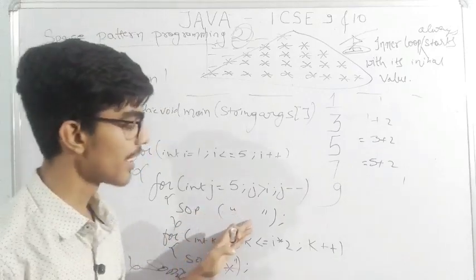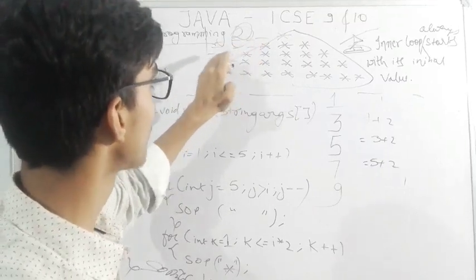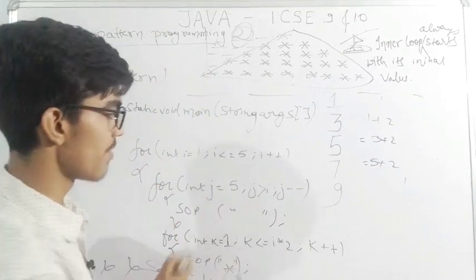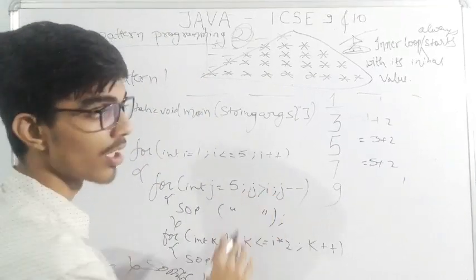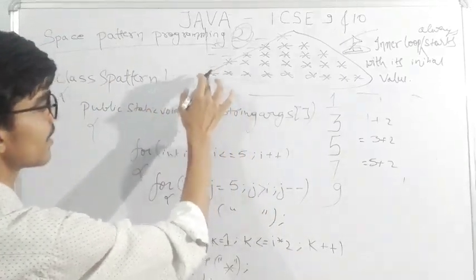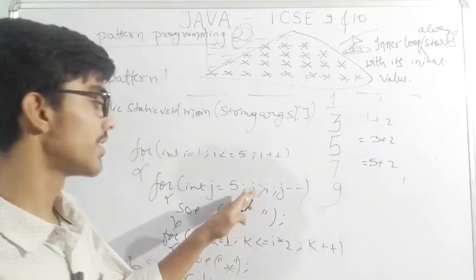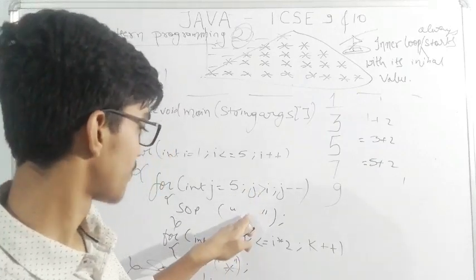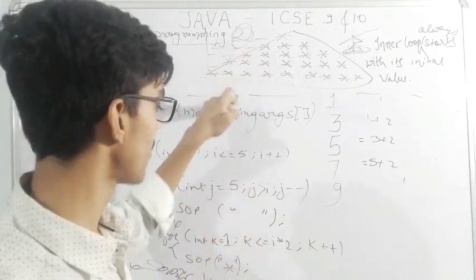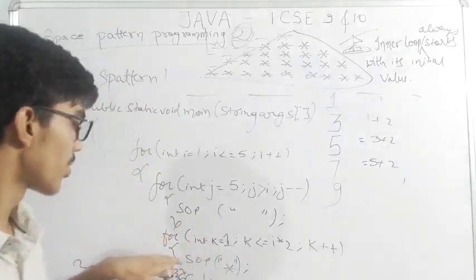First we have put here space. So for 4 spaces, 3 spaces, now 2 and at last 1 and 0. So for this we have written j is more than I, not equal to, because if we had put the equal to sign, then there would be one more space here at last. So we don't want that. For this we have written j is more than 1 and here we have printed the space. Now it will print 4 times and it will become false, and after this it will go to k.